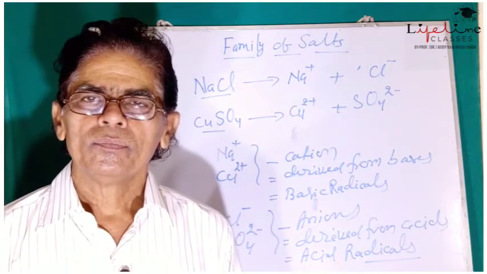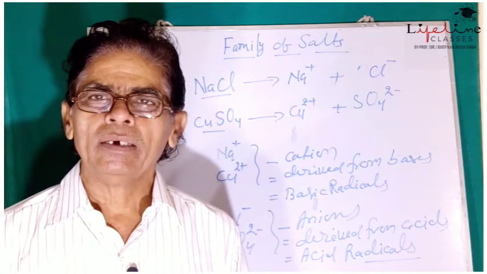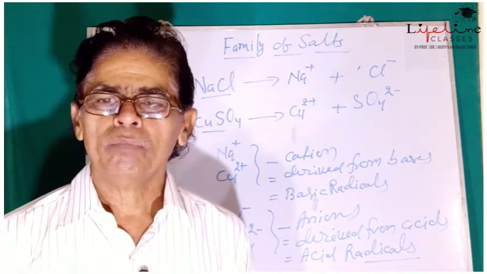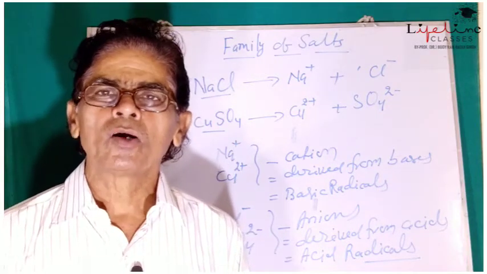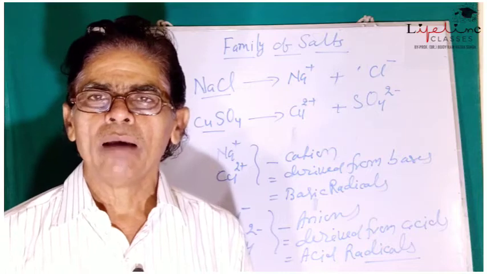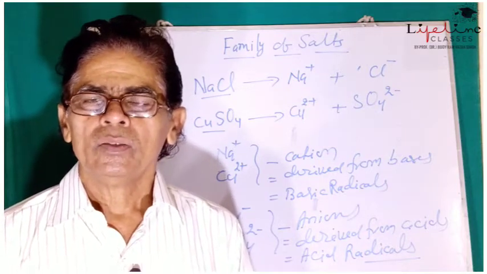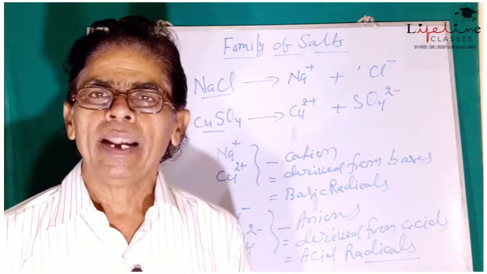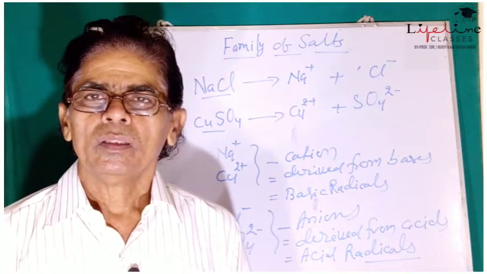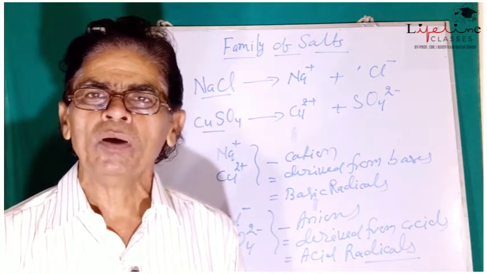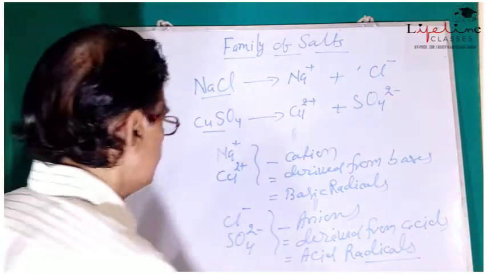For example, if we are given different salts of sodium, meaning sodium is a common ion, a common basic radical among all these, then the different salts will be named the members of the sodium family, or the salts of the sodium family, such as